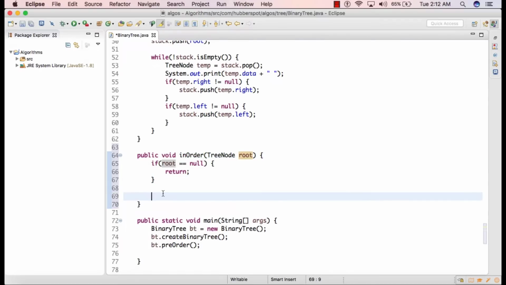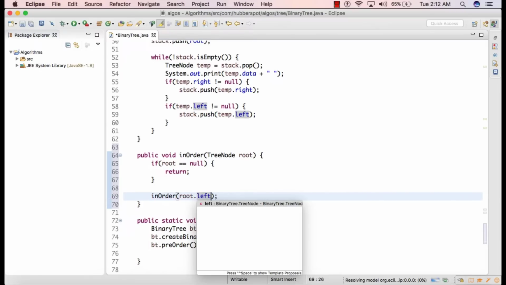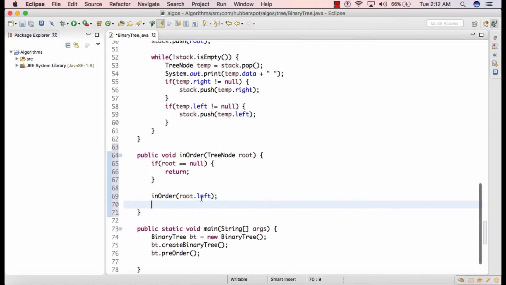And as we discussed in our slide, before visiting any node, we'll first visit its left subtree. So we'll call the inOrder method and we'll pass root.left to it. And after we process its left subtree, we will visit the node.